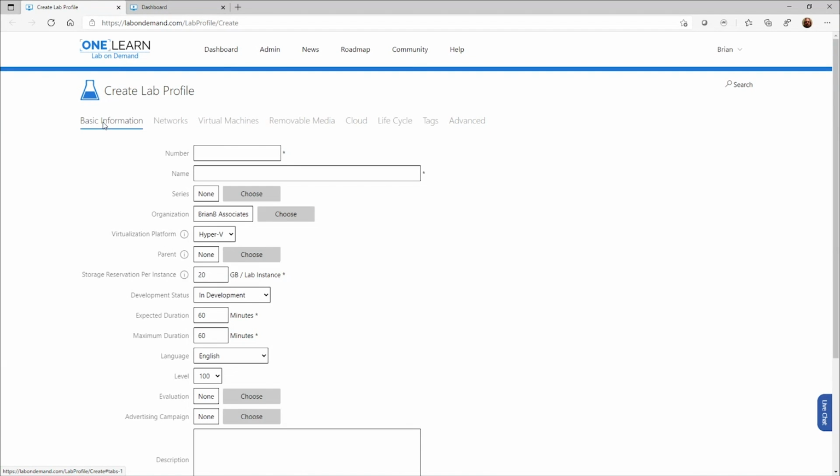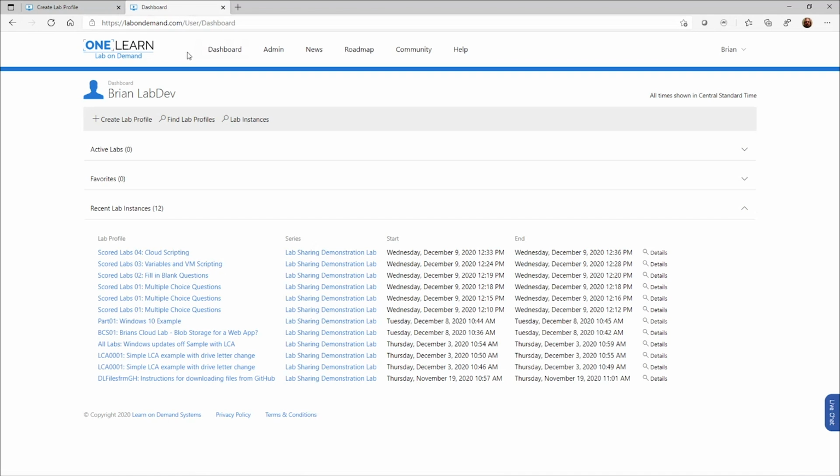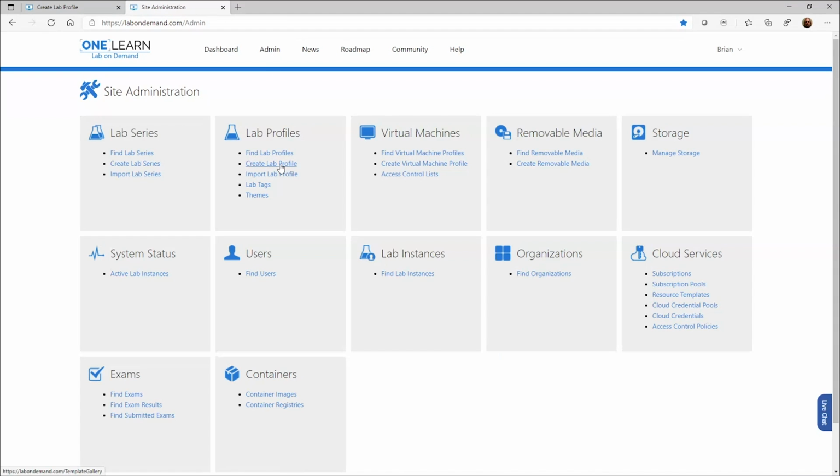The new hotness is the template gallery. And you saw an illustration of this. I'm going to show you an illustration again just because it is that quick and easy to do. Plus, we need to have something that I'm going to work on in order to be able to give you an illustration of exactly how easy this is. So whether you're here on your dashboard page or if you're on your admin page, if you click on create a lab profile,